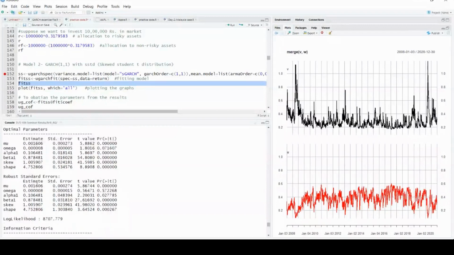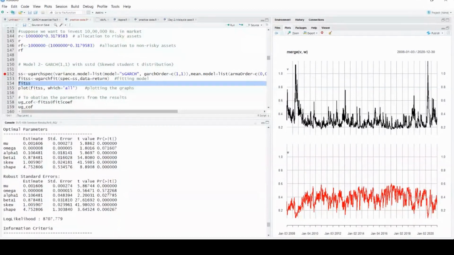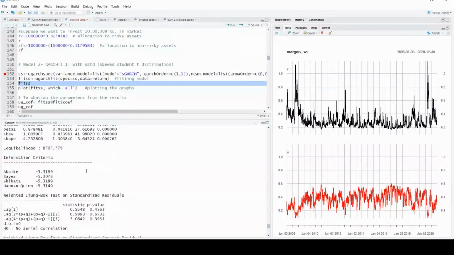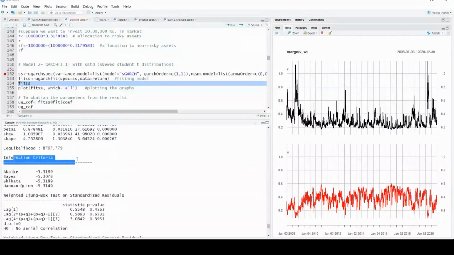You can see the p-values. All the coefficients are significant, so that's a good thing about the model. Now coming to the information criteria. If you remember the Akaike value and other information criteria values for the normal distribution and compare with them, you will find these are the lowest compared to the previous model.